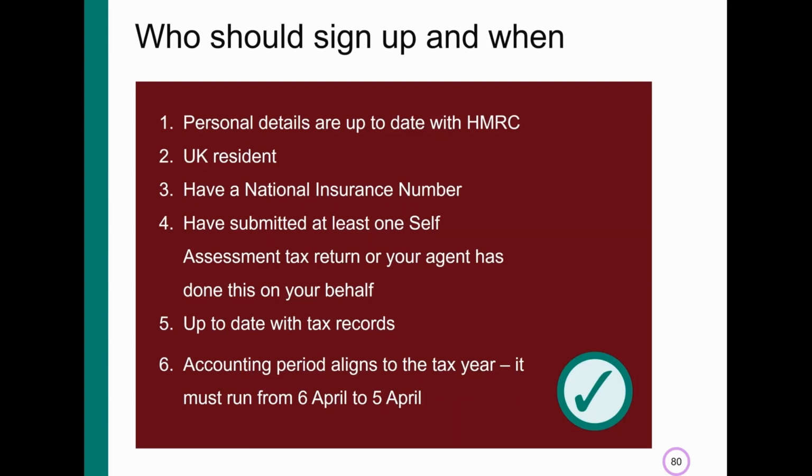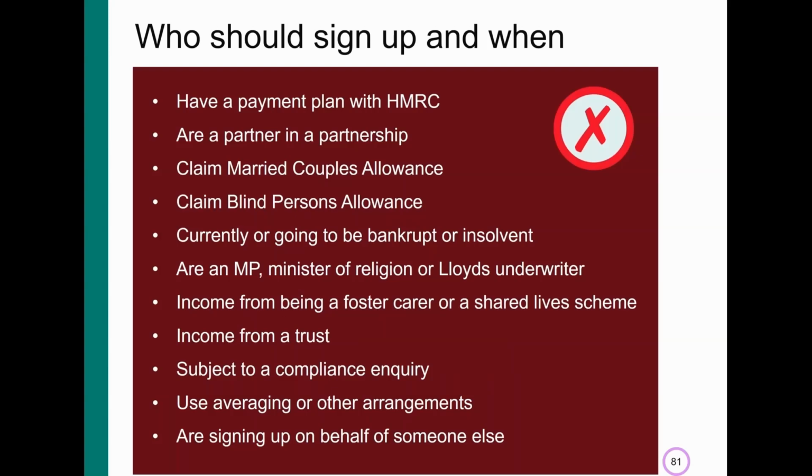You cannot sign up voluntarily if you have a payment plan with HMRC, are a partner in a partnership, claim married couples allowance, claim blind person's allowance, are currently or are going to be bankrupt or insolvent, are an MP, Minister of Religion or Lloyd's underwriter, have income from being a foster carer or being in a shared lives scheme, have income from a trust, are subject to a compliance inquiry, use averaging or other arrangements because your profits vary between years, for example, because you're a farmer, writer, or artist,